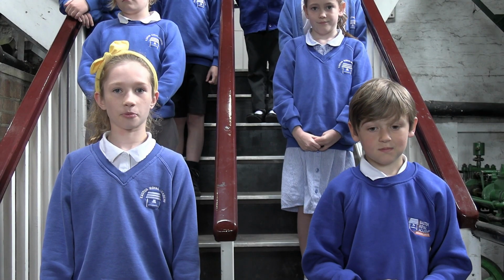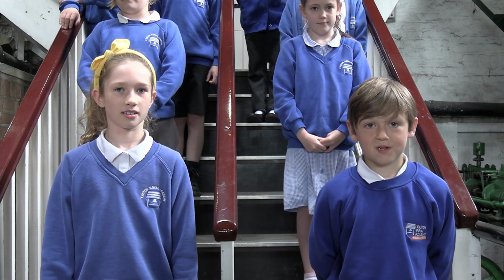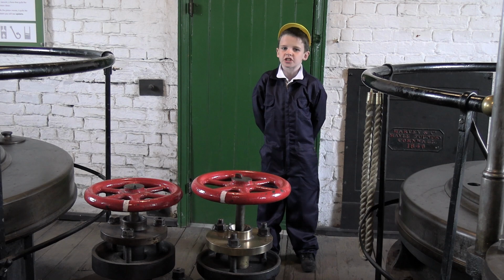Easton Royal Academy from Wiltshire. We're going to tell you all about Crofton beam engines. Crofton beam engines has been through a massive restoration process. It was bought for £75 in 1966 and the community of volunteers set off on a massive mission to restore